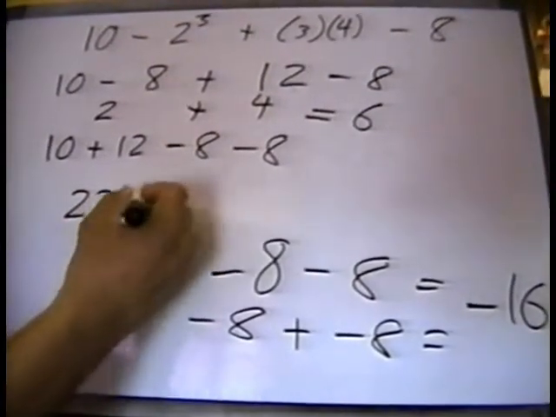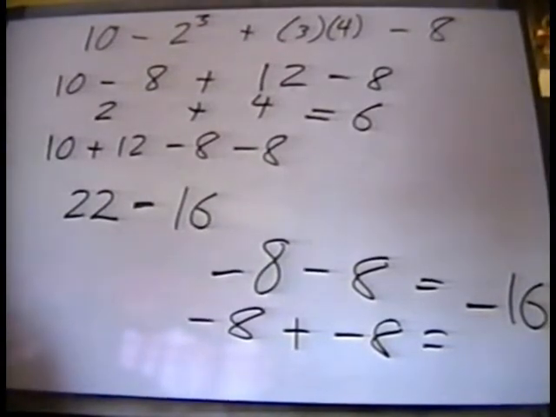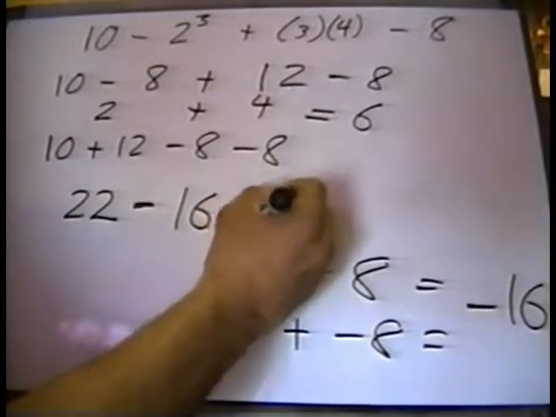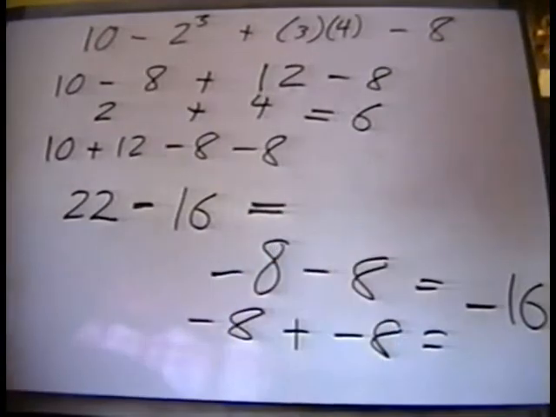So you get 22 minus 16. 22 minus 16, now that's going to give you